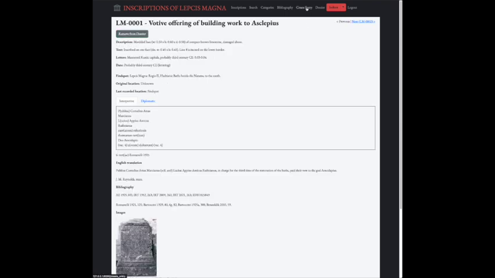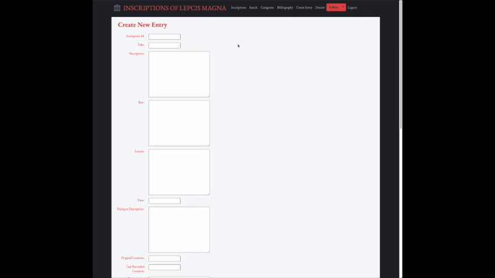Another nice thing about being a registered user is that you can create an entry. I'm not going to create one right now, don't have the time, but basically you fill in this information, you submit it, and then whoever's on the admin side will go through the inscription and check that there aren't any errors and connect the inscription to various other sort of data points for use in the indices and the search,